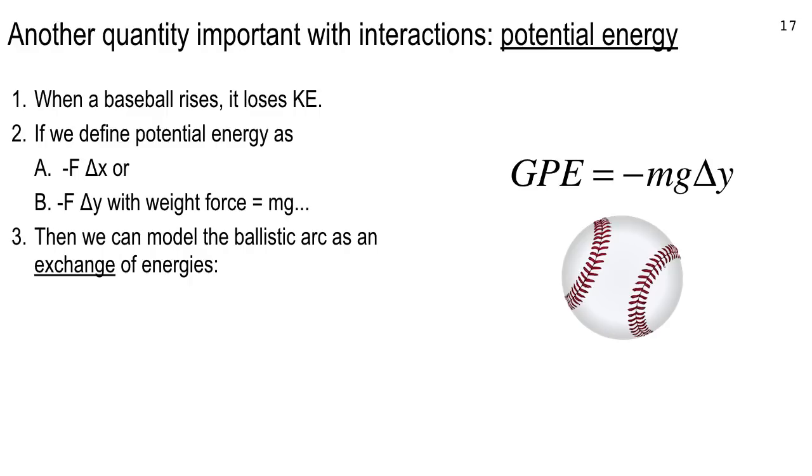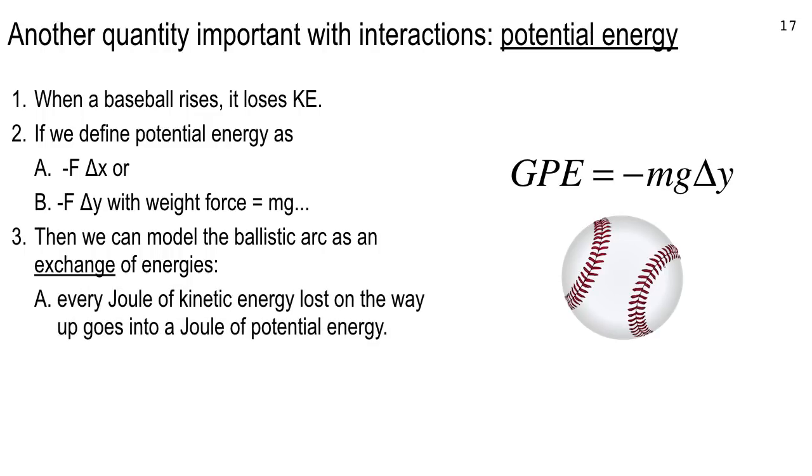Remember how we modeled any physical interaction after the interaction of the skateboarders, where they exchange momenta left and right? Now we use the ballistic arc, or any other trajectory, and energy to model an exchange of energies. One way to say it is this: every joule of kinetic energy that the baseball loses on the way up goes into potential energy. So your buddy at the top floor of the library, or on the roof of the library, catches it. Now that baseball's got a bunch of potential energy. It ain't moving, but as soon as he lets it go, it'll all convert back